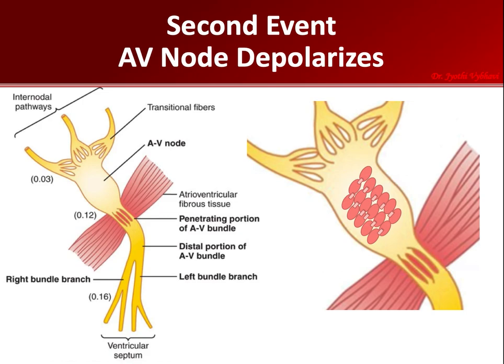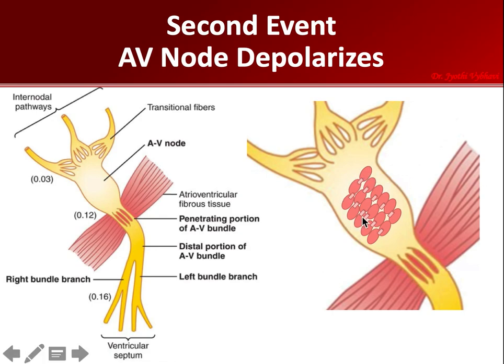So there is a delay. This helps the atria to empty their blood into the ventricle before the ventricular contraction begins. It is primarily the AV node and its adjacent conducting fibers that delay this transmission into the ventricles. So now the question is, how is this AV node able to slow the depolarization wave? There are many reasons.